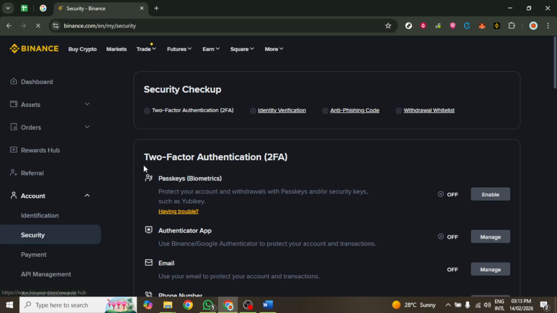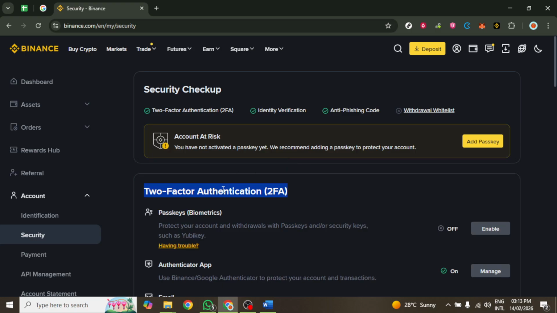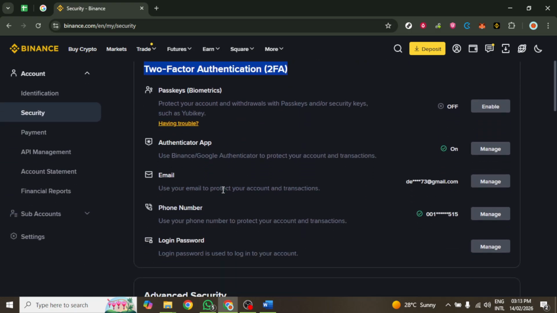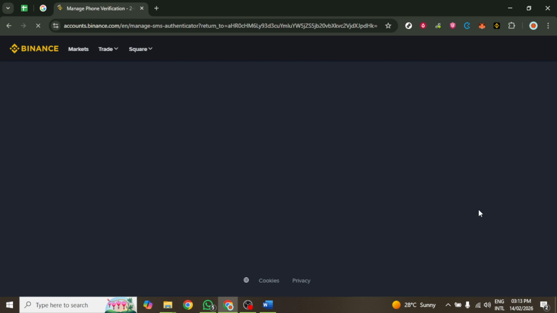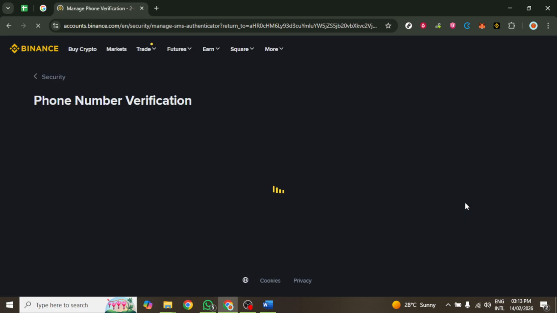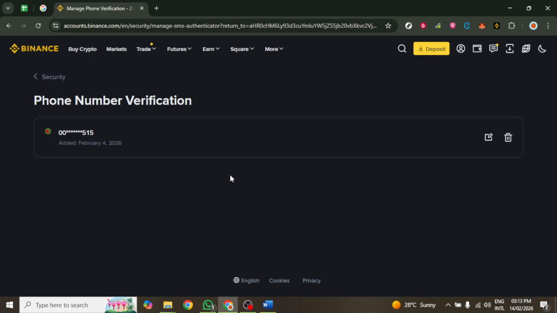Next, Binance will initiate a series of security checks to verify your identity. You might be prompted to enter a one-time password sent to your email. If requested, also provide the Authenticator code from your app. In certain situations, Binance may send an SMS to your old phone number as an additional verification step. If you no longer have access to that old number, look for the Can Access Recovery option displayed on your screen. It is crucial to follow these prompts exactly, as skipping any step may prevent you from making changes to